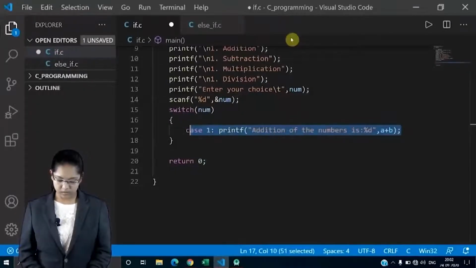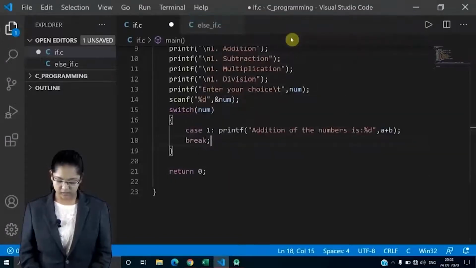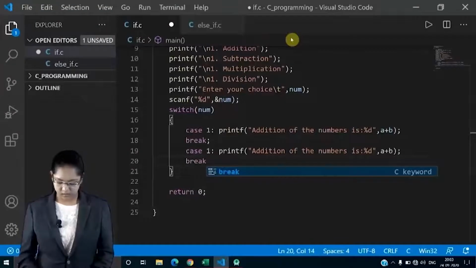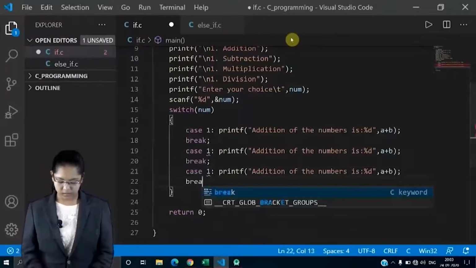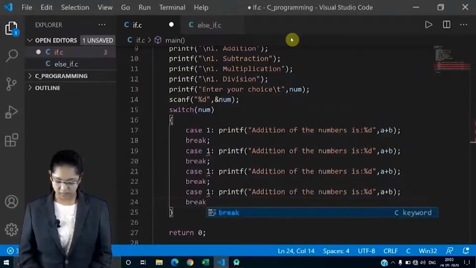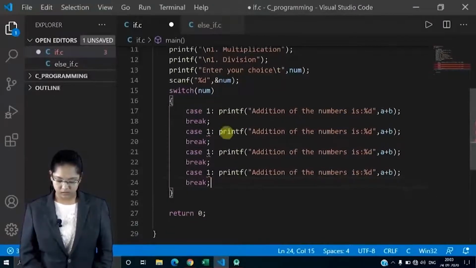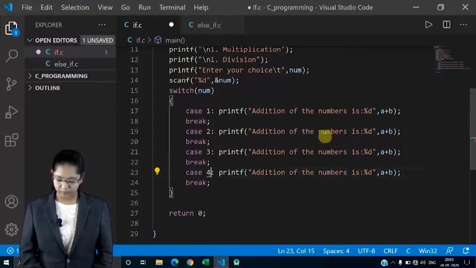Let's copy this. Firstly write here break, right? We have studied why break is necessary. Break, then paste, then again break. Likewise we have 4 cases, so this is case 2, case 3, case 4.